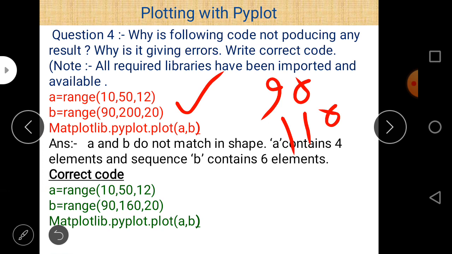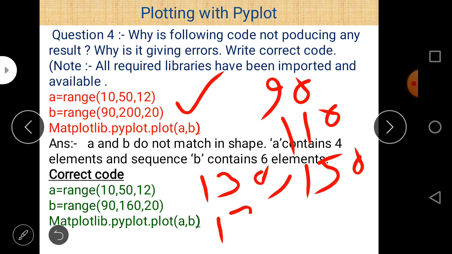The third value is 110 plus 20, 130. And the fourth value is 130 plus 20, 150. And 150 plus 20, 170. And 170 plus 20, 190. So we can easily see that there are 1 2 3 4 5 6 values. So a contains 4 values and b contains 6 values.